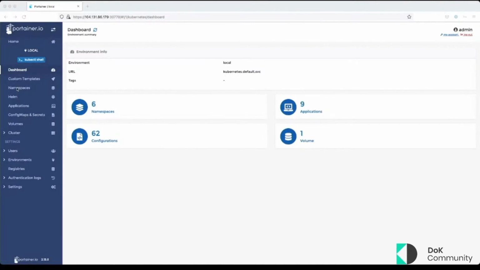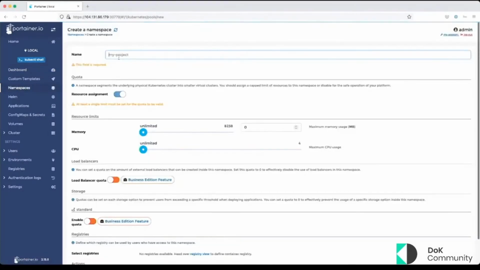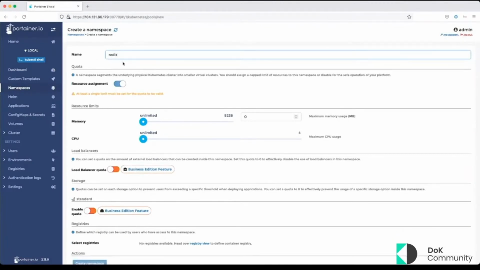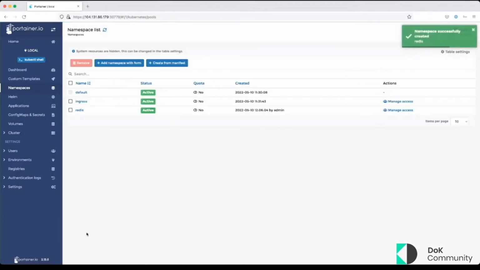The first thing I want to do is create a namespace for Redis to live in. So I'm going to click on Add Namespace. I'm going to call this Redis. And for the sake of this demonstration, I'm going to turn off resource assignment, and I'm going to go ahead and click on Create Namespace. And now that we have our new Redis namespace,